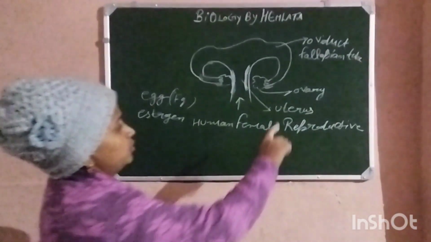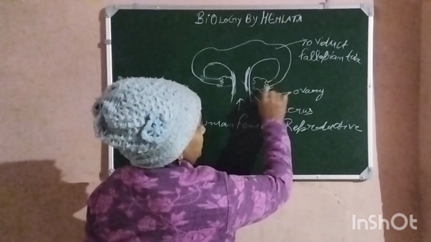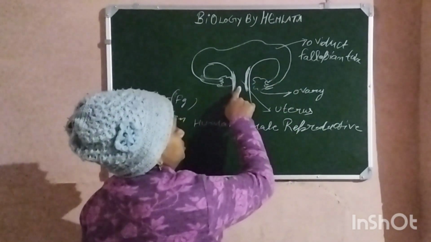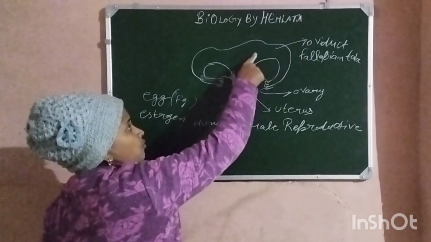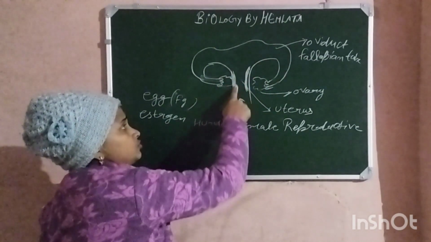So this can be asked for labeling like that. What is this A? What is this B? What is this C? Like that. Or what will be the future of the egg if it is fertilized? How can you write? If the fertilization takes place, the egg will convert into a zygote and later into an embryo, then a fetus. If there is no fertilization, in that condition, it will flow out or rupture along with the uterine wall.